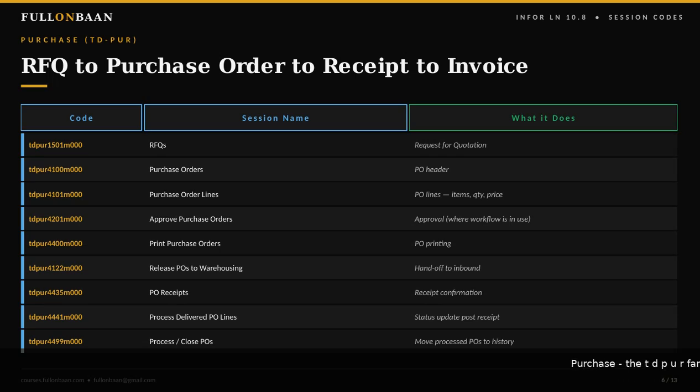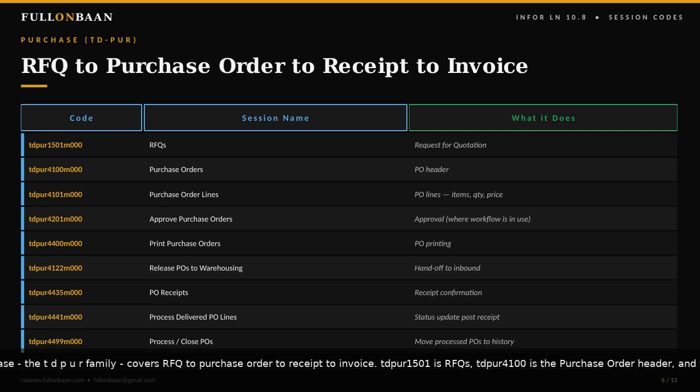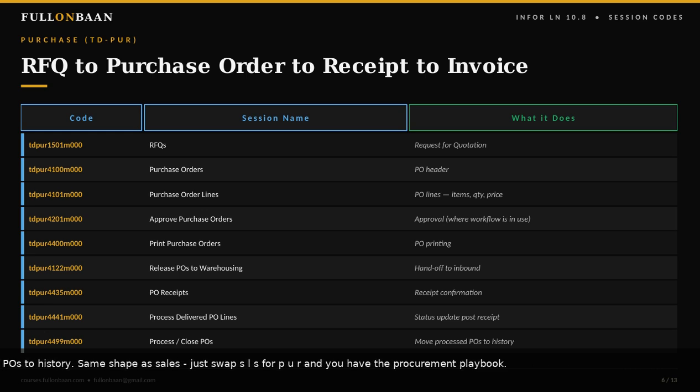Purchase, the TDPUR family, covers RFQ to purchase order to receipt to invoice. tdpur1501 is RFQs, tdpur4100 is the purchase order header, and tdpur4101 is the PO lines. tdpur4201 approves POs where workflow is in use, tdpur4400 prints the PO, and tdpur4122 releases POs to warehousing for inbound. tdpur4435 captures the receipt, tdpur4441 processes delivered PO lines, and tdpur4499 moves processed POs to history.